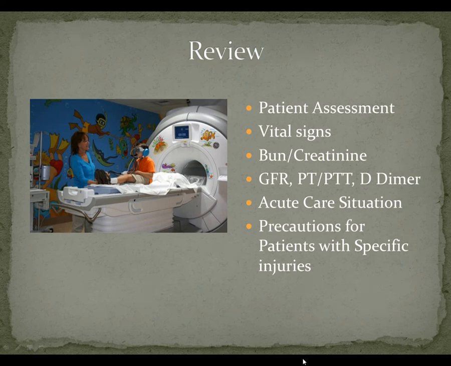So, although all of this may be review for you, these are also very important things that you need to know as an MRI tech, and these are also patient care kinds of situations that the advanced MR certification exam may ask you about. So please review everything, please take good notes, and